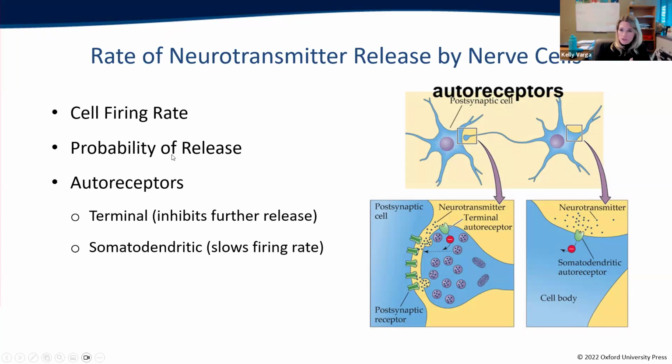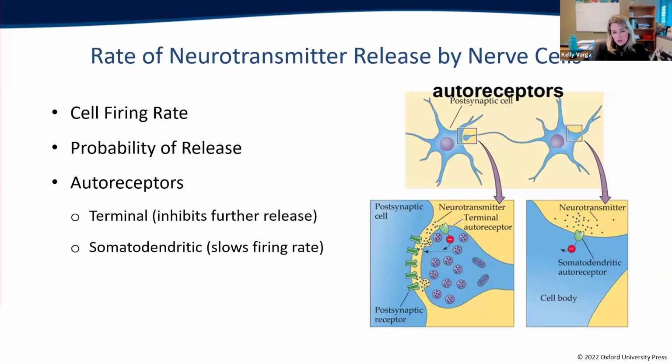You do not have to go deep down this rabbit hole. How many vesicles are in the active zone ready to go? How much neurotransmitter is inside of those vesicles? How much calcium is available to the system? All of those things fall under the biological swing that we have to add into this concept of probability of